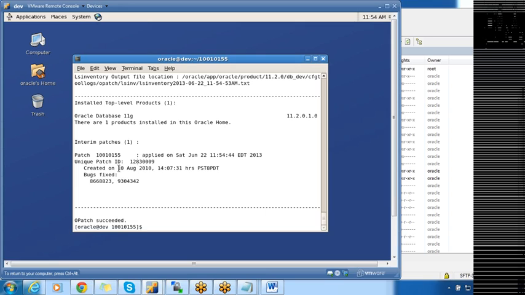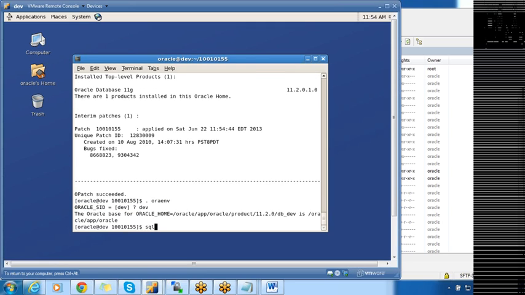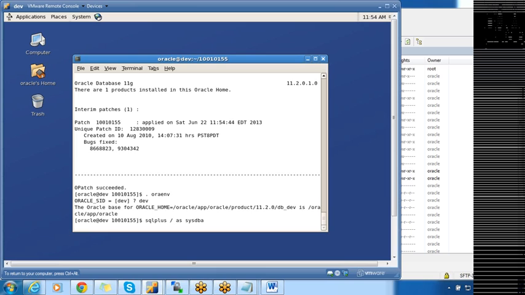Each time you want to check what patches are applied, you use the opatch utility with lsinventory as the option. Now you can safely set the environment to dev and start up the database. That's it. That bug will be fixed.